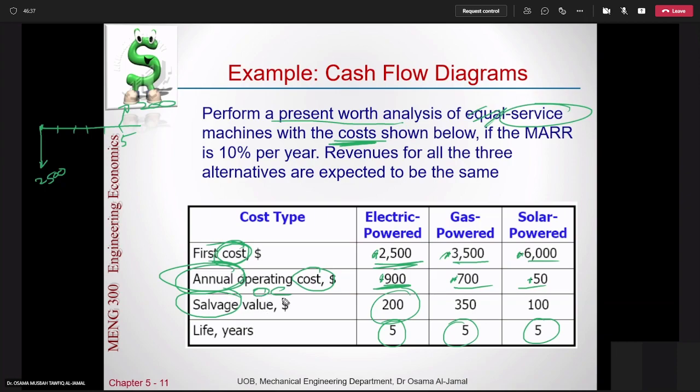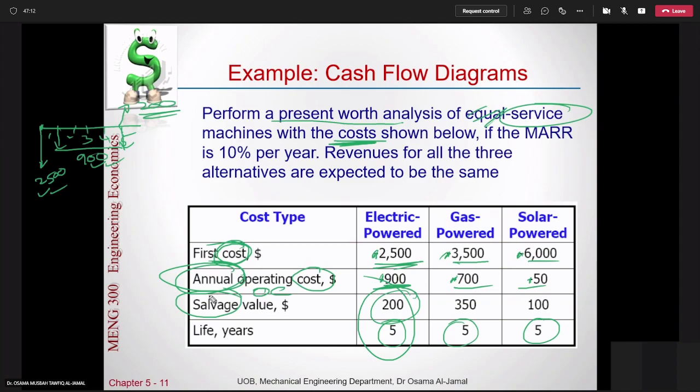Annual operating cost means that, if it's not identified in which year it's going to start, directly we are going to start from year 1 till the last year, over 5 periods. Period 1, 2, 3, 4 till year 5. 900. So we have first cost at time 0, 900 annuity started from 1 to 5, and then the salvage value at the end period, last period at year